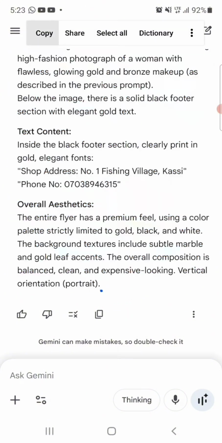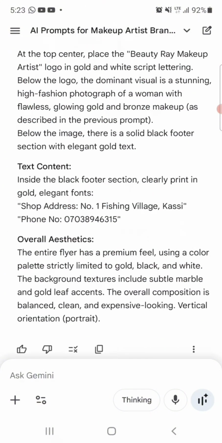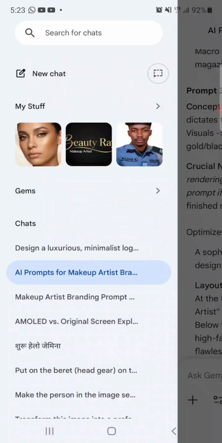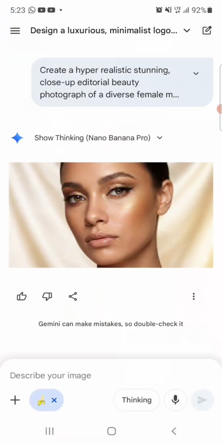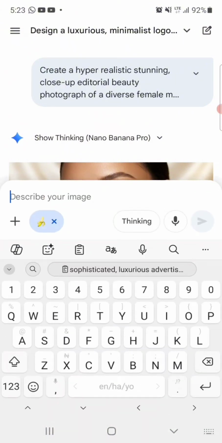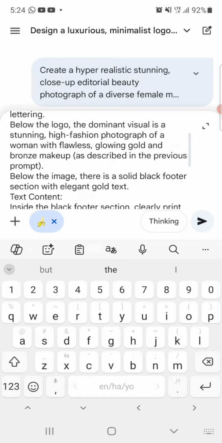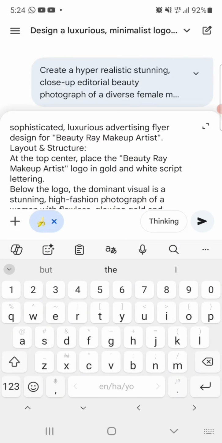Okay, this is all about the flyer. Now let's go back to our area where we do work. Now we are going to paste in our prompt. Then for us to get exactly what we want, we need to tell the AI to use, let me start and say,